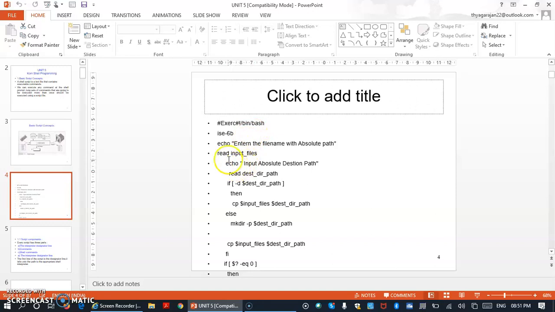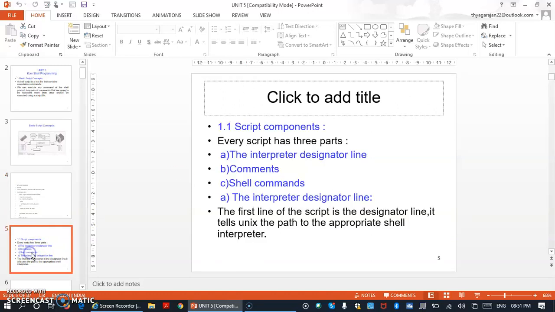Here your script will have a set of commands, like the copy command, mkdir. Those commands will be executed one after another. That's the reason we call it a shell script, right?